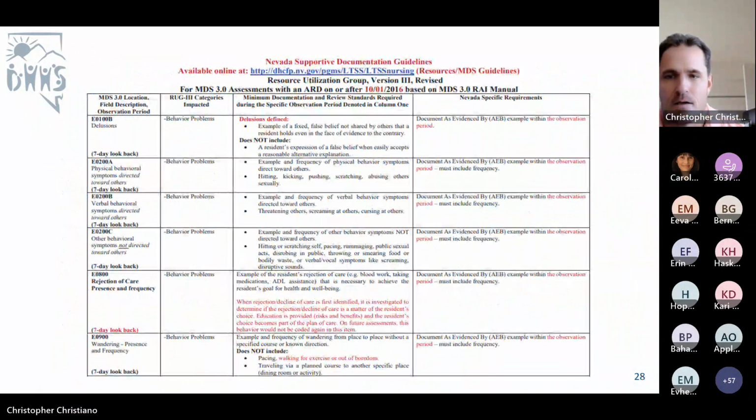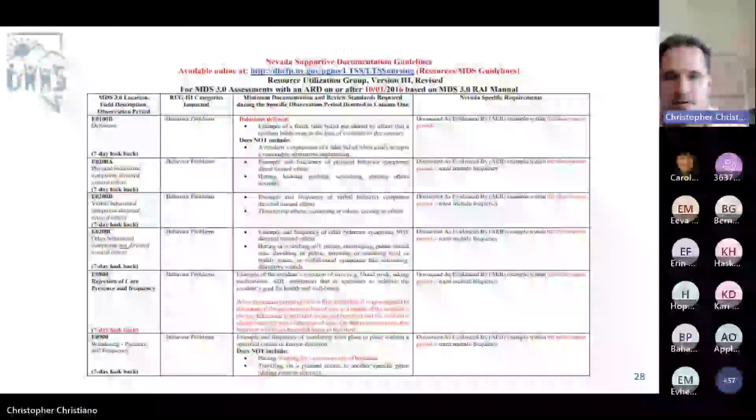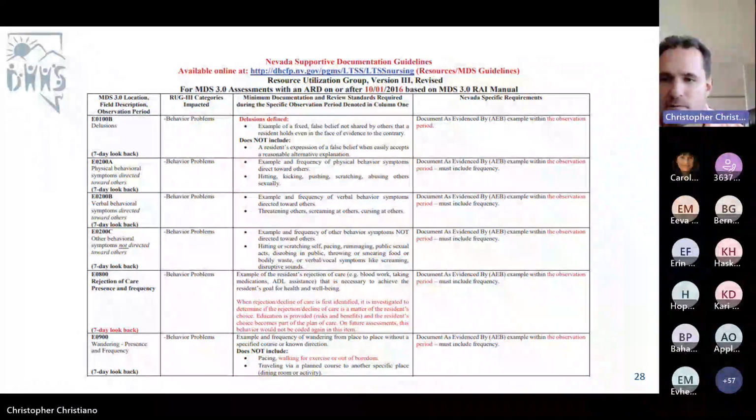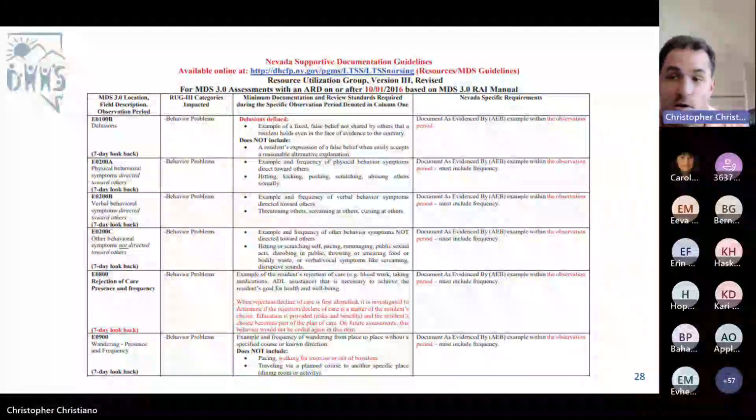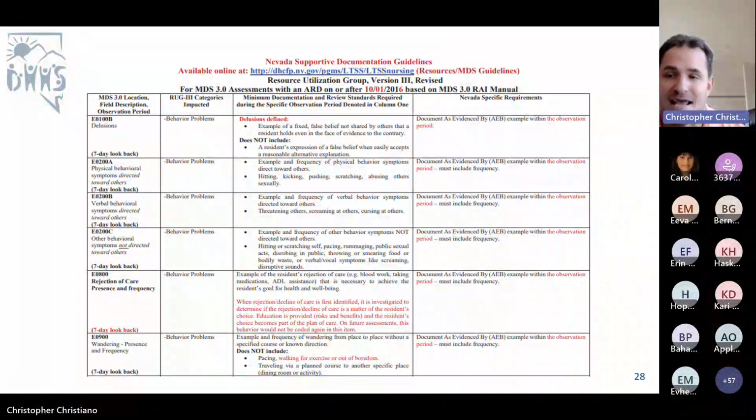Okay. All right, so this is just what it looks like here. And one item that frequently comes up in reviews and facilities, and they receive education on, as well as errors, is the "as evidenced by" statement. You can see that over to the right side of this document.